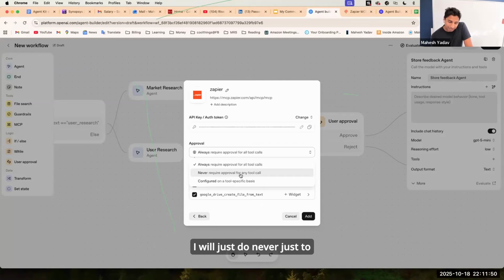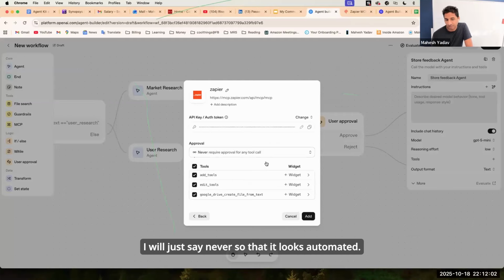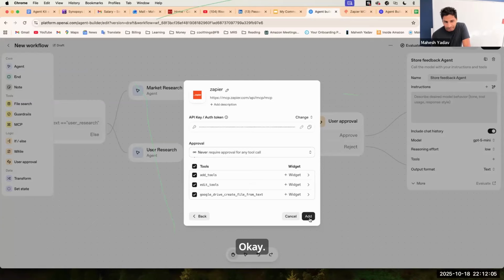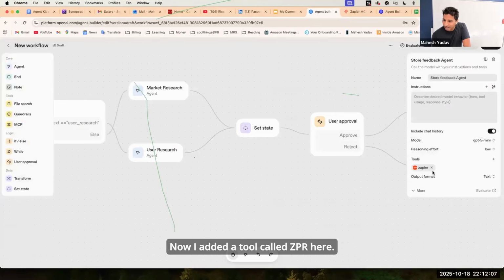It's up to you. I will just do never just to show you, but it's up to you. You can configure it, or you can just say always require approval so that before this tool call, you will get a prompt saying, hey, can I call this tool? Right? I will just say never so that it looks automated. Okay, that's pretty much it. Now I added a tool called Zapier here. What this tool does